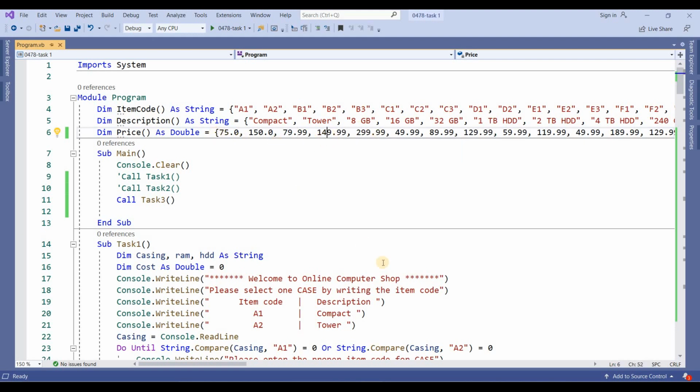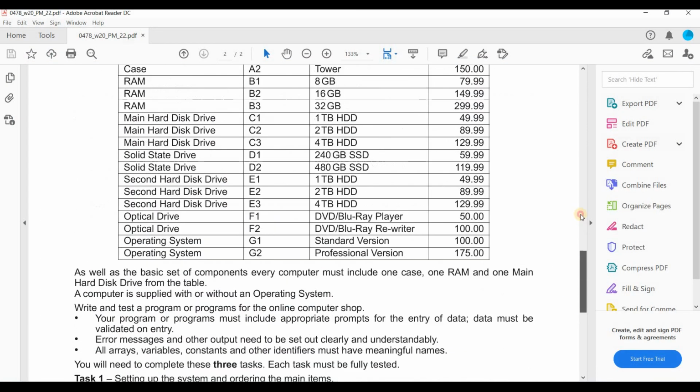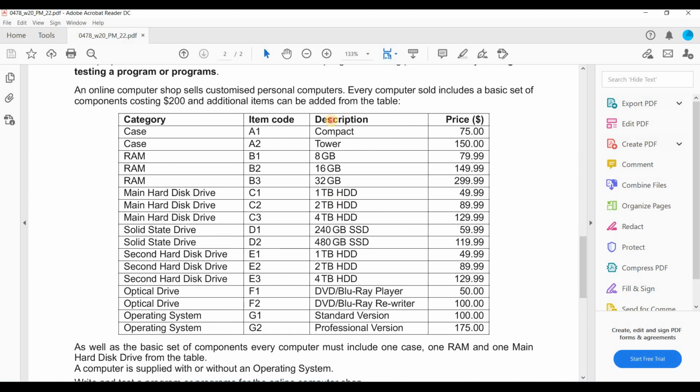I have written all the prices according to this table. This is the table. One array is description, and this column contains the elements of the description array, and here is the price. Price is also an array having the elements of the different prices of different components.